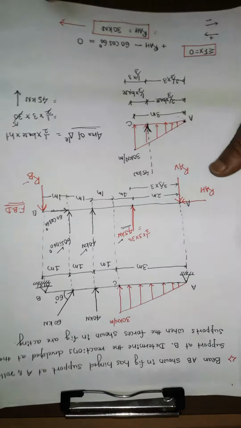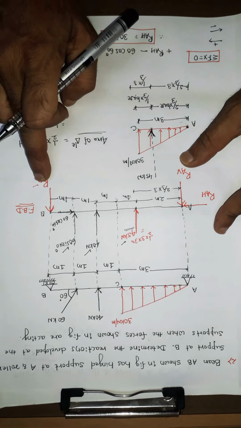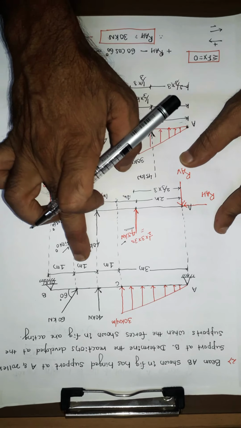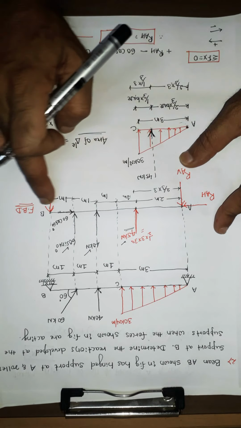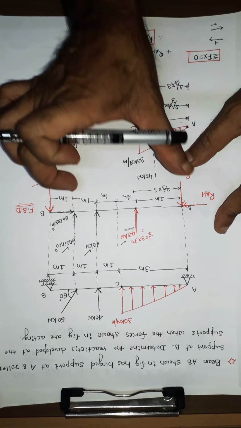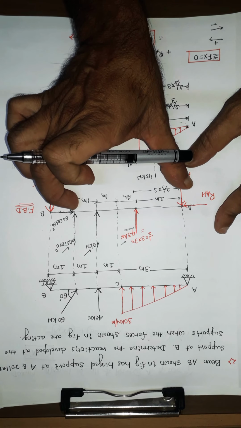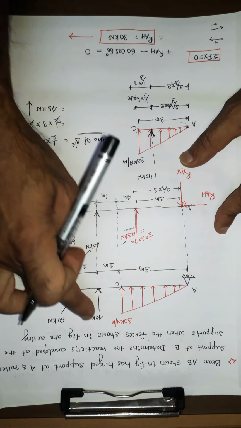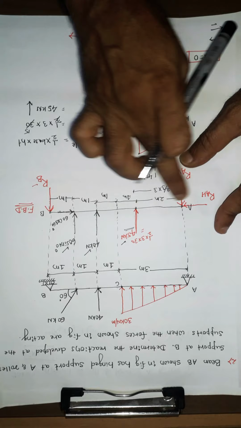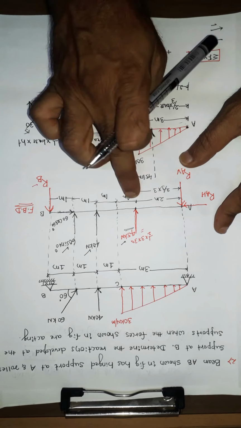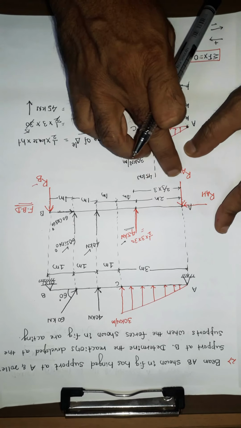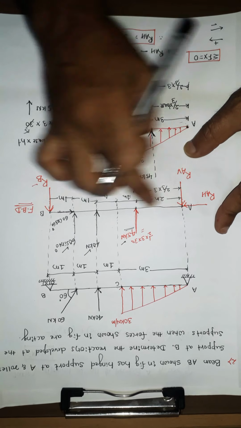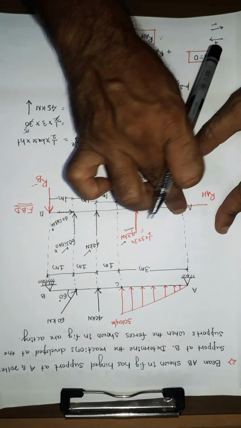Just check once again. Okay, this is anti-clockwise, so minus RB into the total distance, 3 plus 1, 4, 5, 6. So minus RB into 6, this is 0. Then 60 sine 60 into 5. Then plus 40 into 4, then 45 into 2. The moment of RAH, RAV, and 60 cos 60 will be 0 because all three pass through point A.